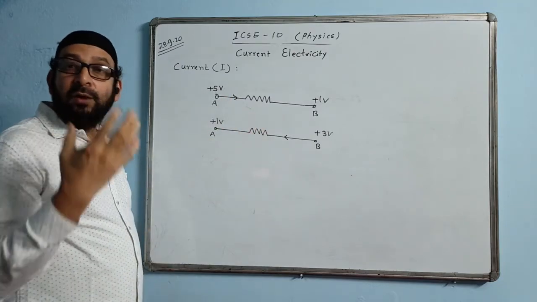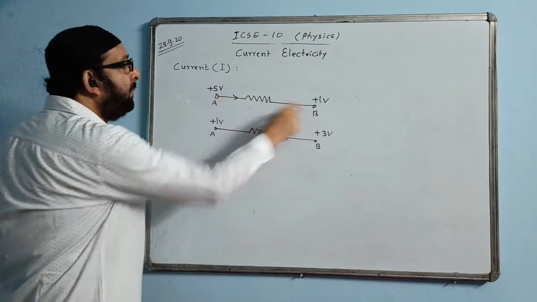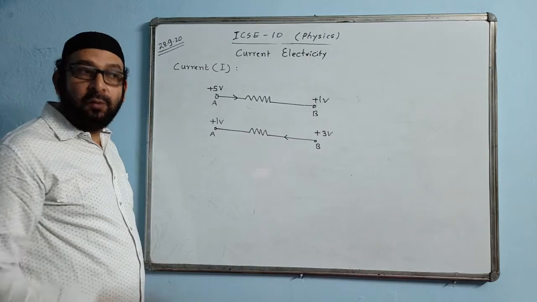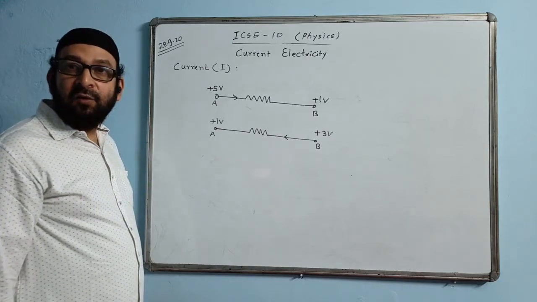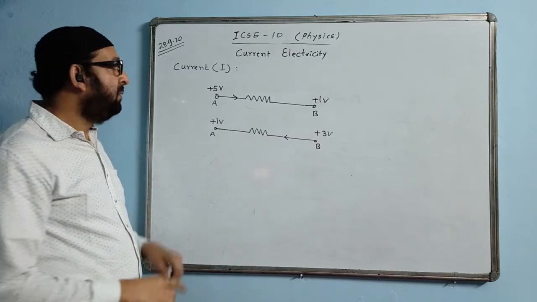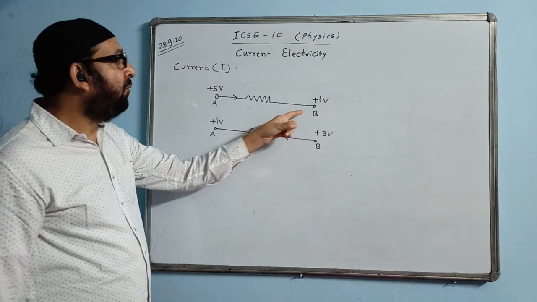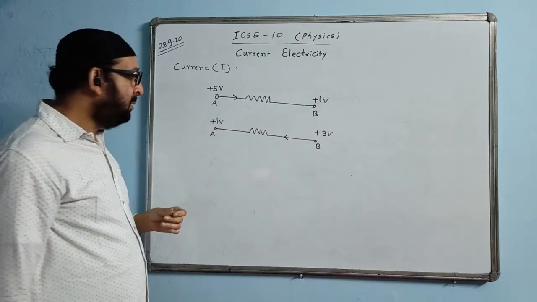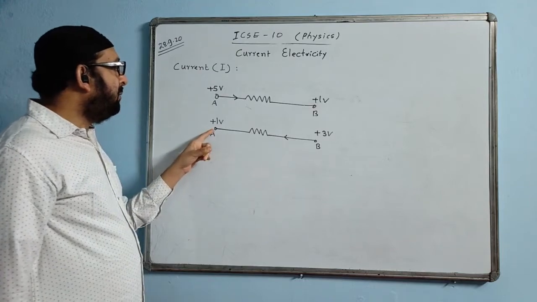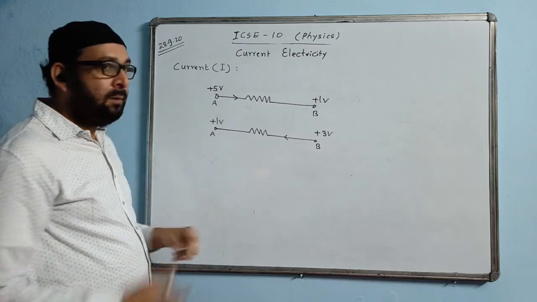The electrons flow in the direction opposite to it always. If current is flowing from A to B, you think about the direction of flow of current, then the direction of flow of electron will be just opposite. Current flows from A to B, but the electrons flow from B to A. Electrons will be having charge. Here current is flowing from B to A, but the electron will be flowing from A to B.